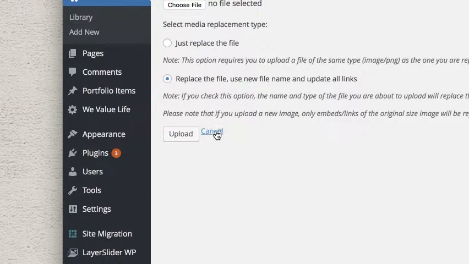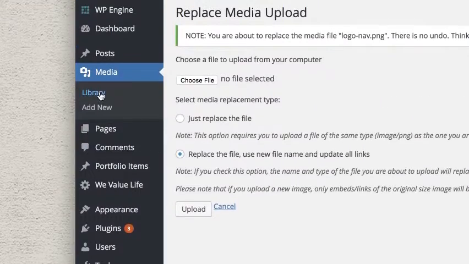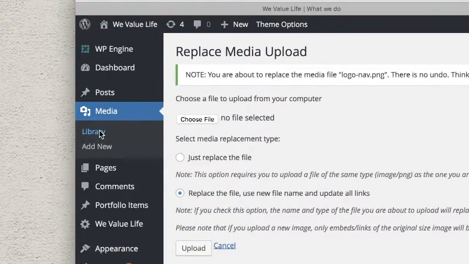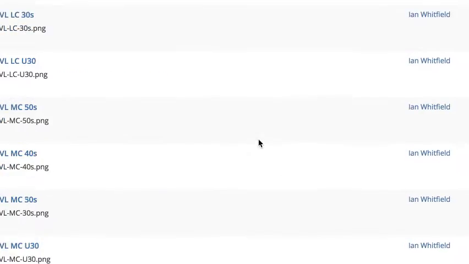So that's the major thing on the media section. Everything else is pretty straightforward. You can upload lots of new media here. You can store PDFs or Word documents or zip files, I think, and videos and all sorts of things. Just a suggestion,